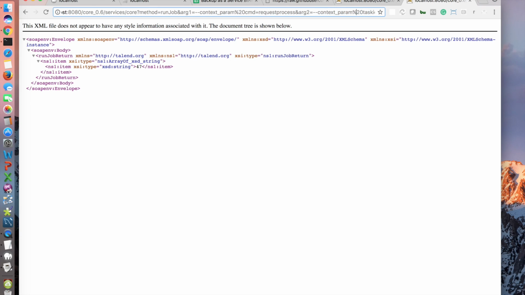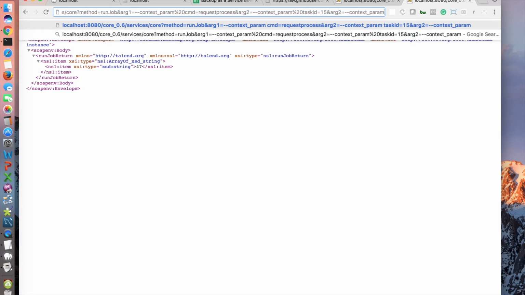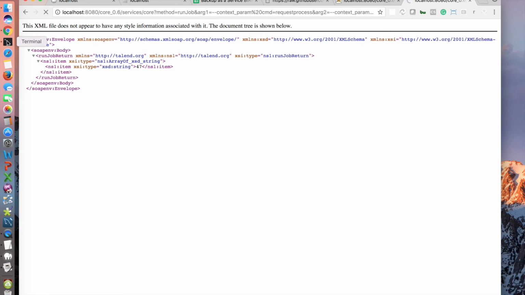So I could also, in that file, argument 3, where we're going to say DB name equals e-commerce, and argument 4, we're gonna do file directory equals e-commerce if we want to back up the e-commerce website. So I press enter, and